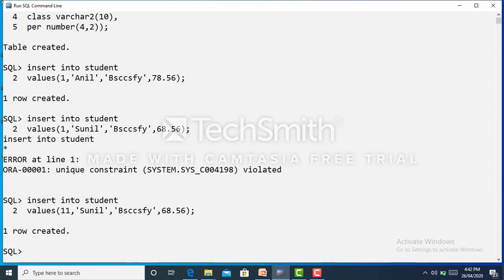Now we'll create a table for table level constraint. So first I will clear the screen.